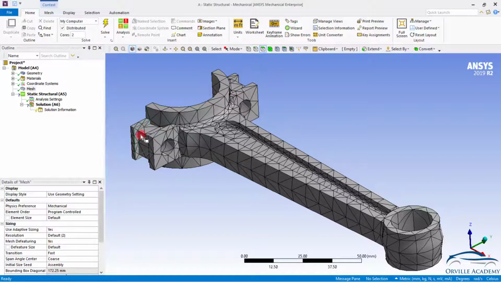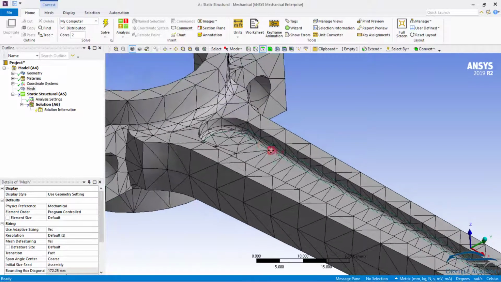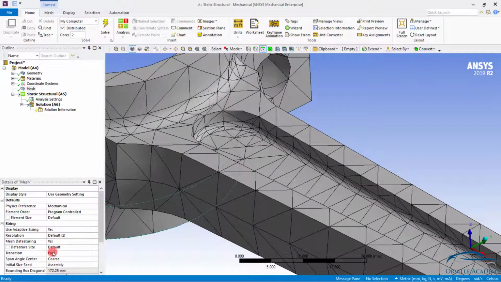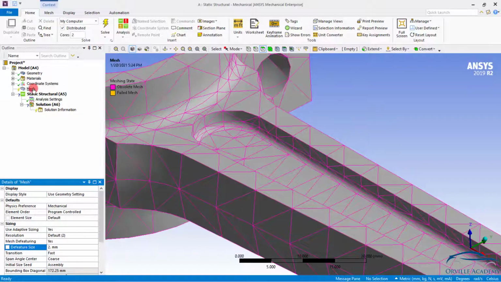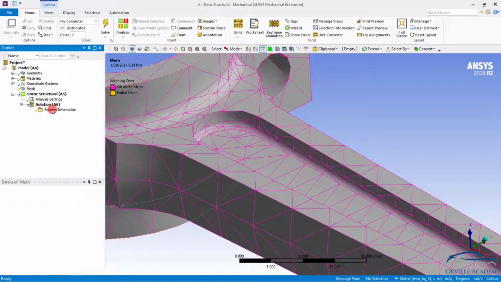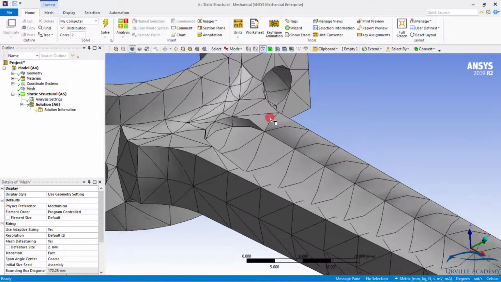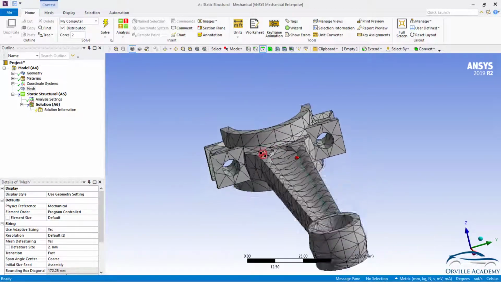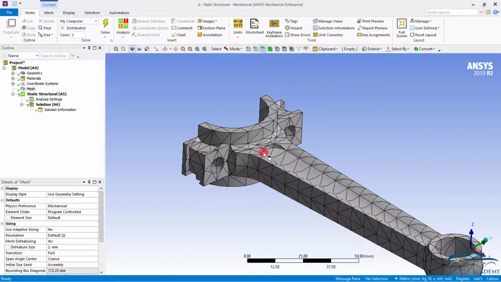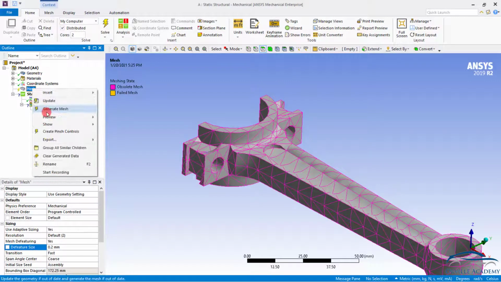Currently, defeaturing has been set to yes, but in order to see the effect, let us increase the defeaturing size. Here, instead of the default size, let us set it to 2 mm. Again, let us go for generate mesh. With the defeature size, we want to remove these 2 layers of elements on the fillet. And as you can see over here, with the defeature size of 2 mm, it has completely disturbed my geometry. But this is not what I wanted. So instead of 2 mm, which is a very high value, I can simply set 0.2 mm and again go for generate mesh.